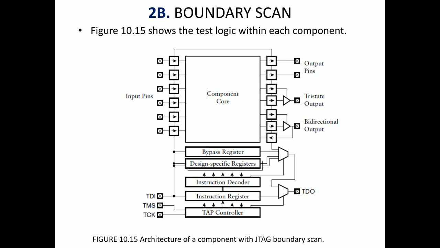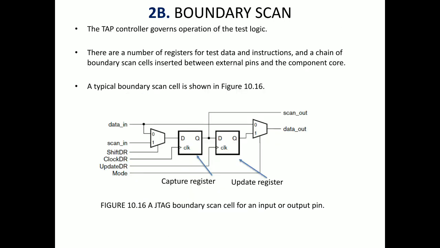This small block is called the boundary scan cell. A boundary scan cell is nothing but a scan chain flip-flop. We will see the internal structure of this one. We can see there are a few flip-flops and a few muxes. The input to the flip-flop comes through the multiplexer. The multiplexer has data input and scan input, and the outputs are scan out and data out. This looks exactly like our scan modified flip-flop, right? That modified flip-flop is the enhancement of the scan design technique.